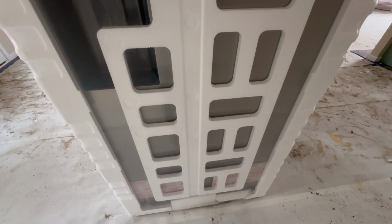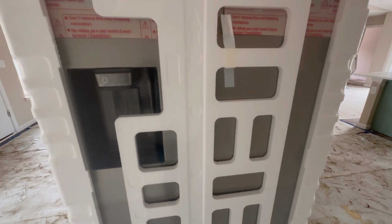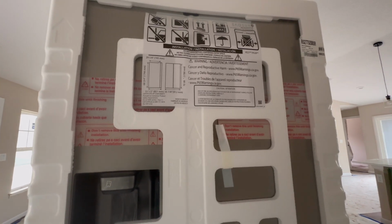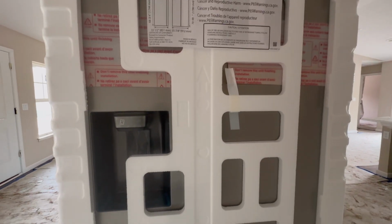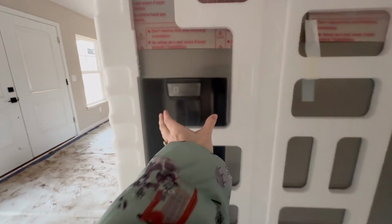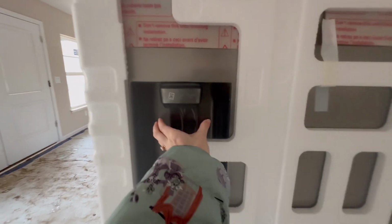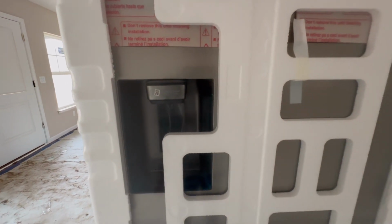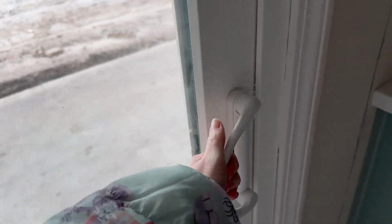So there was one package of appliances to choose from, so that's what we got. And this is the refrigerator that came in that package. So I'm just excited for this. Ice, water, on demand, no more Brita. All right, so